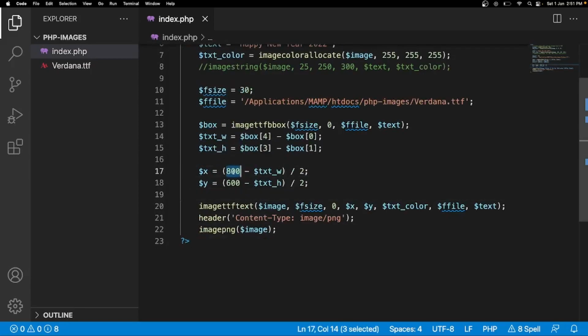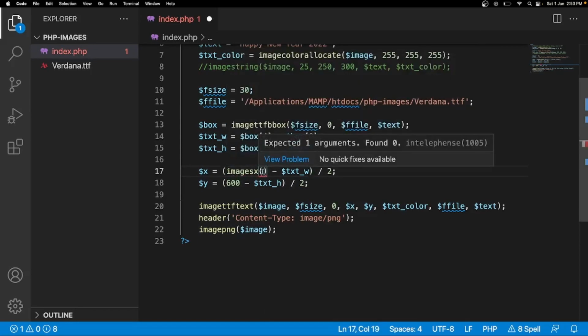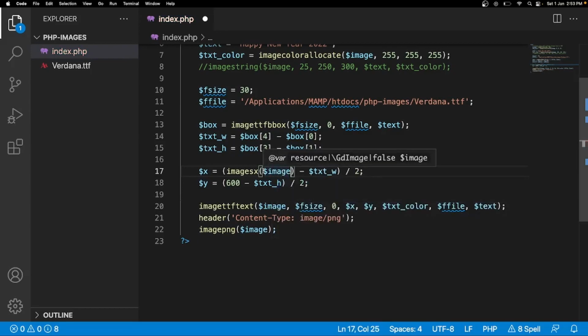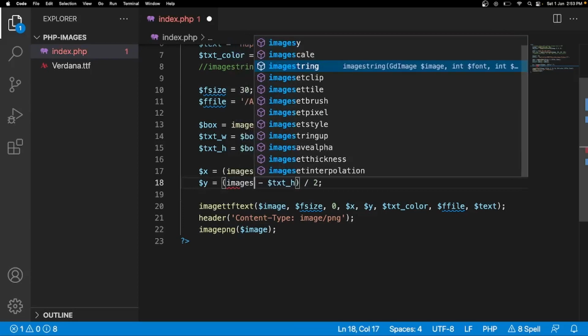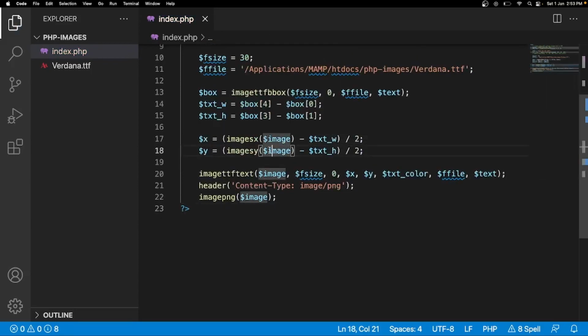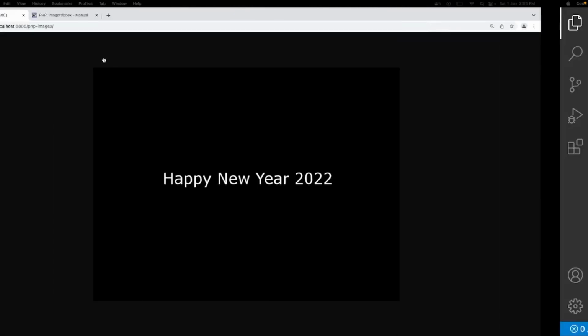Now again, if you want to make it more dynamic, you can use one more function, and here you pass the image variable, and similarly for the image height, and the same thing with the image variable. See, now it became a little bit dynamic, so you don't need to manually write it. It will get the x and y from the image itself and do the same thing. So let's refresh the page again and see, no difference, right?